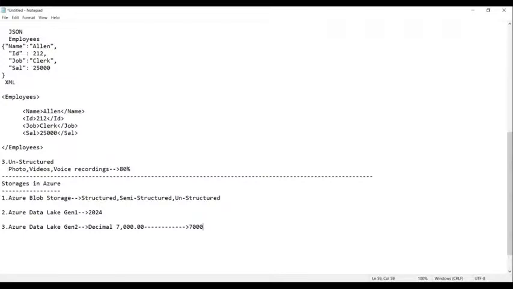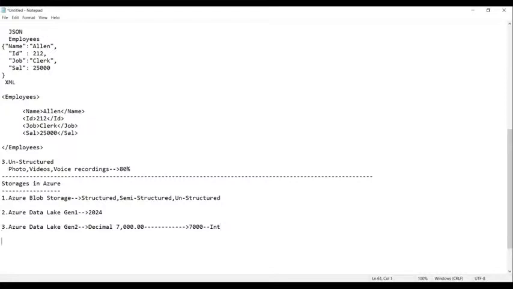Only integer. This kind of data is called decimal data, and this kind of data is called integer data. Am I right or not? So whenever this kind of thing has to be changed in the target, such data is mostly recorded into the Azure Data Lake Gen 2.